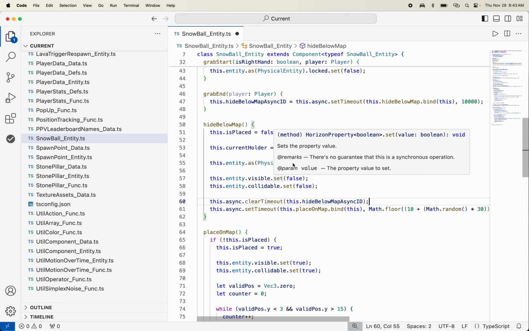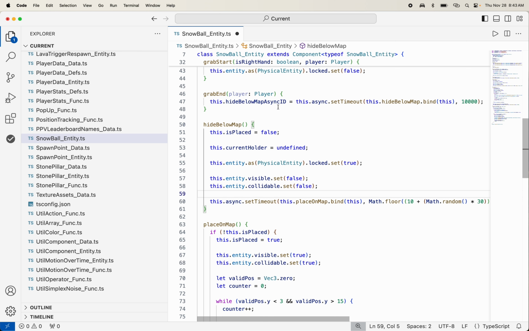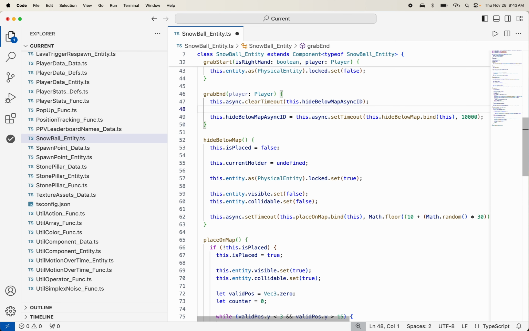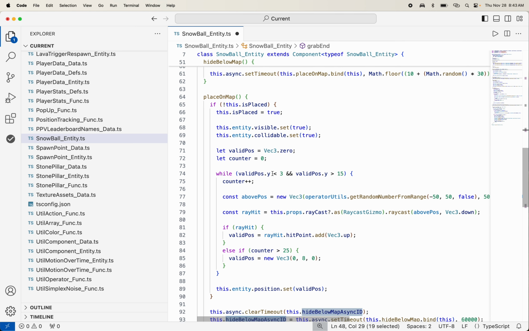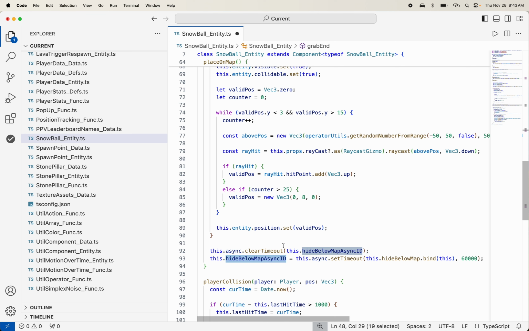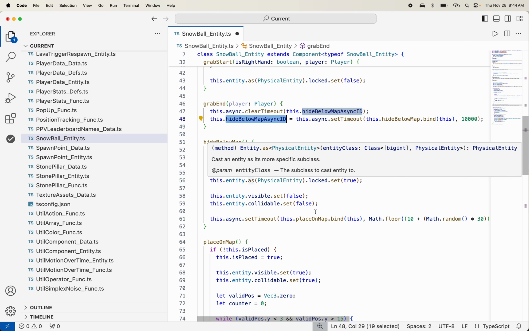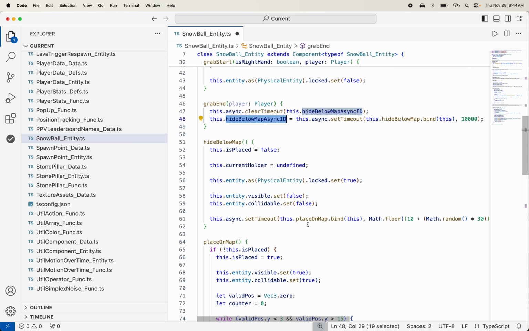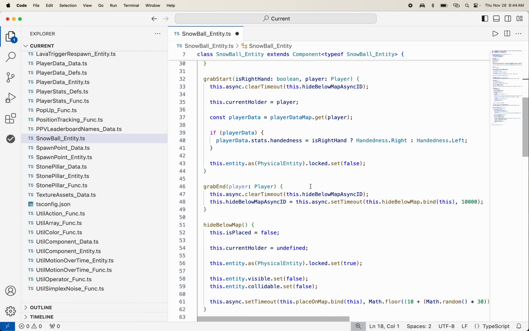And, oh, but this one doesn't actually have an async ID. This is the one that has the async ID. There it is. Okay. Cool. So, place on map calls hide below map. And hide below map, does it reset everything correctly? It says is placed to false. It says current holder to undefined. It locks the physical entity, sets these. Seems pretty good. We'll have to play with it just to double check, but I think